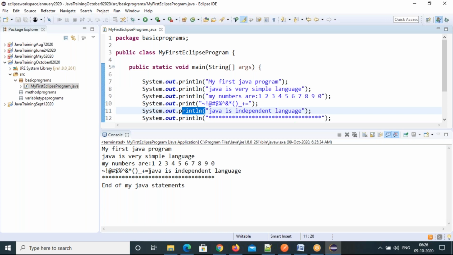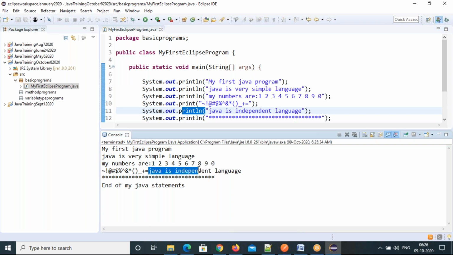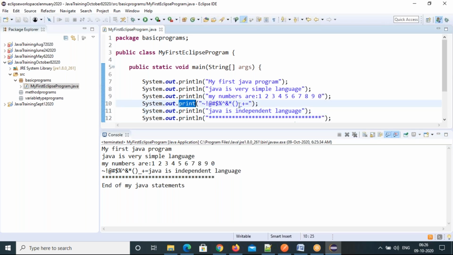You can observe this: the fifth line is starting on the fourth line because of the print method. It prints this and the cursor stays at the end of the line. It won't move to the next line because of print. That's the behavior of the print method. And then this is printed. The fifth line is a println method, so once it printed, the cursor moves to the next line. That way this is printing on the next line.